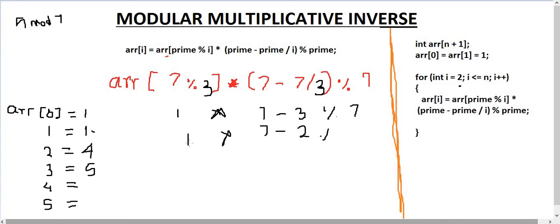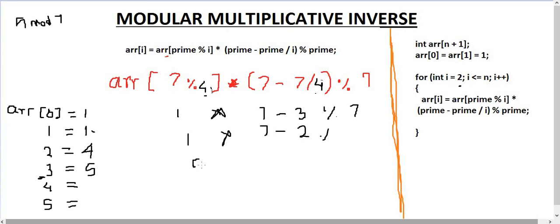Now let's check the fourth value. 7 mod 4 returns 3, and we know the array value at 3 is 5.